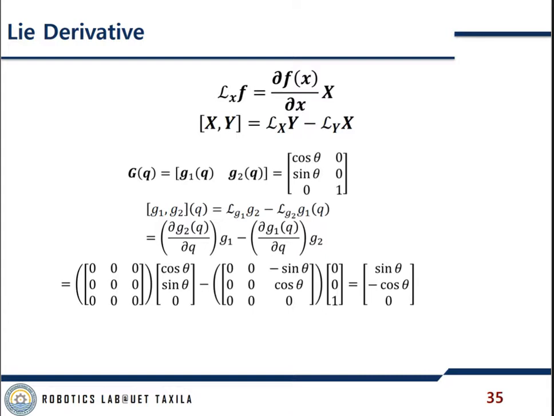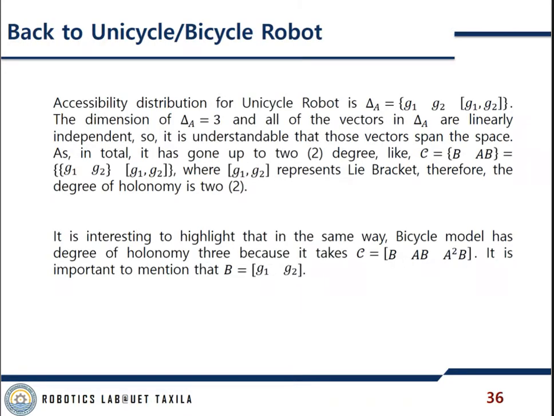So I have already described the Lie derivative, and back to the unicycle robot. The accessibility distribution for the unicycle robot is going to be G1, G2, and the Lie bracket. The dimension of the accessibility distribution is equal to 3, and all of the vectors in the accessibility distribution are linearly independent. So it is understandable that these vectors span the space, as in total it has gone up to 2